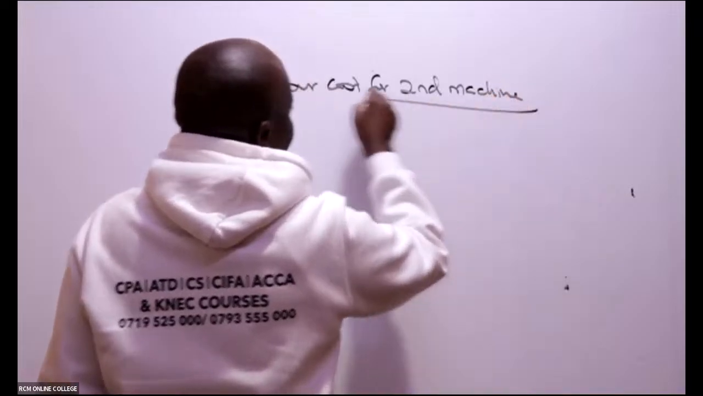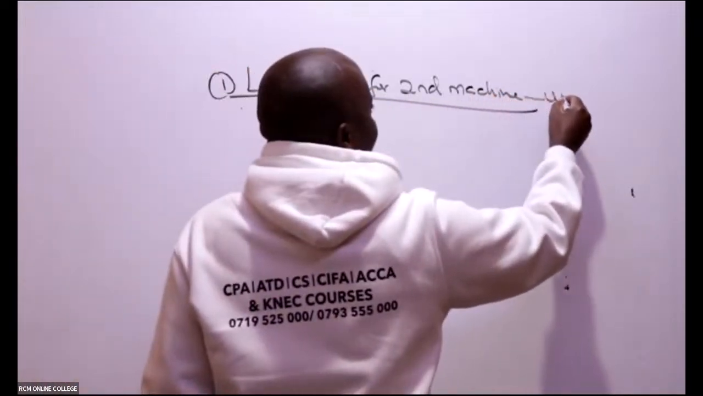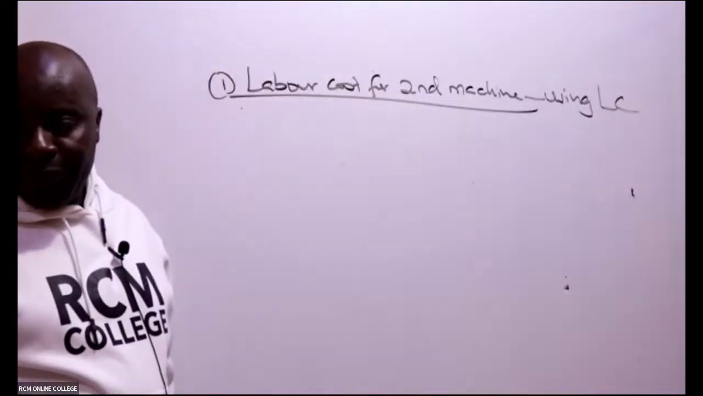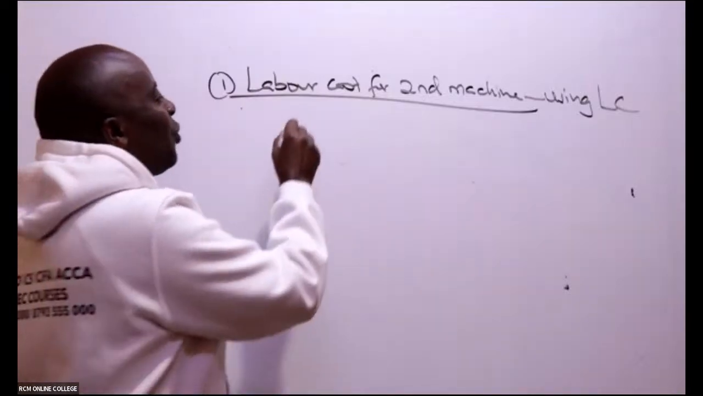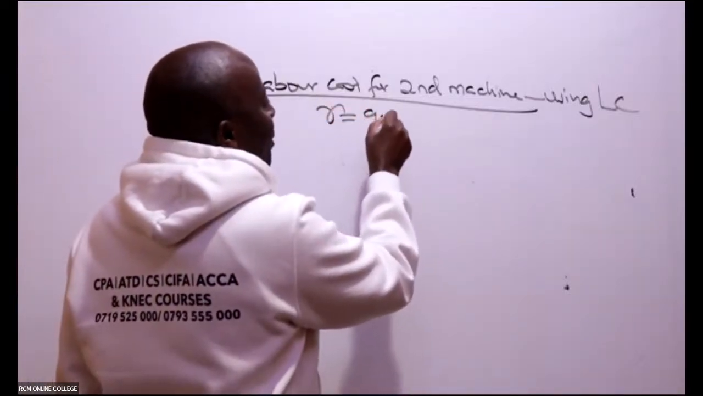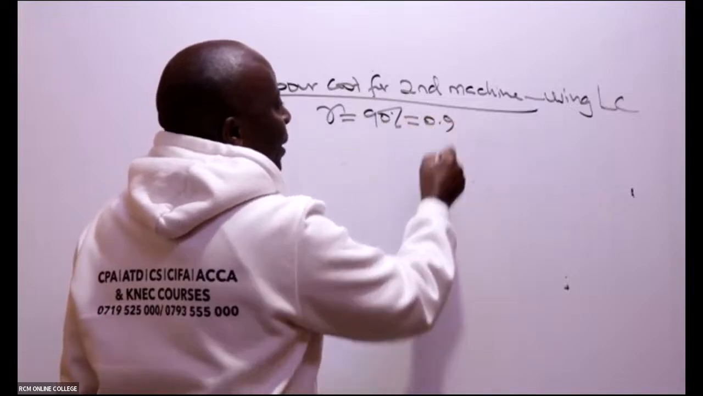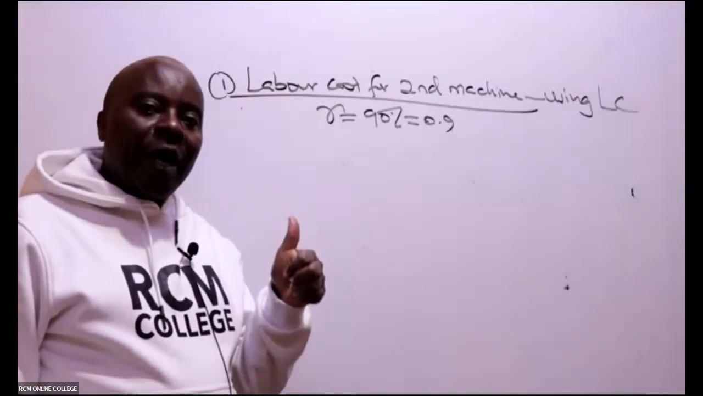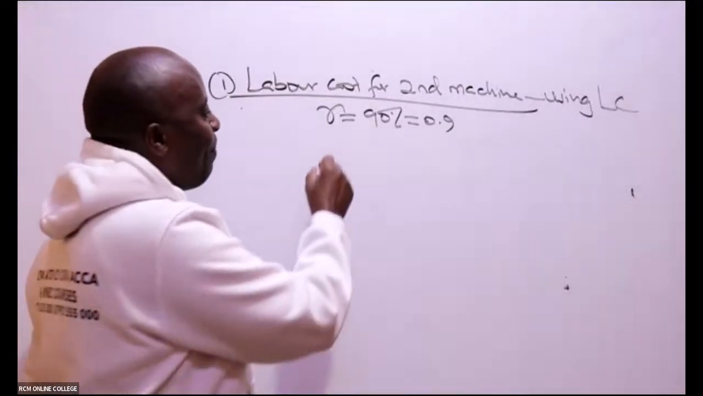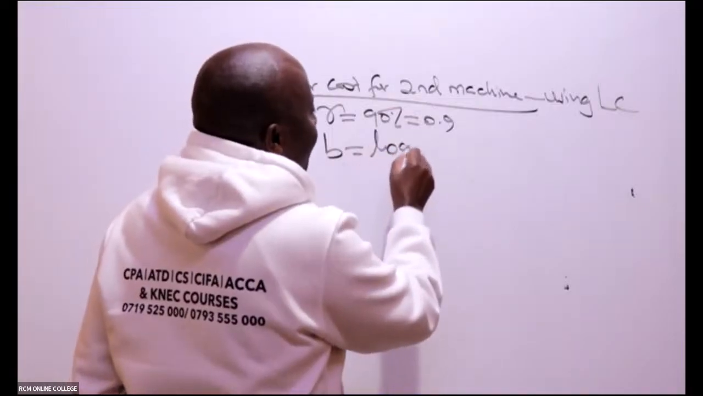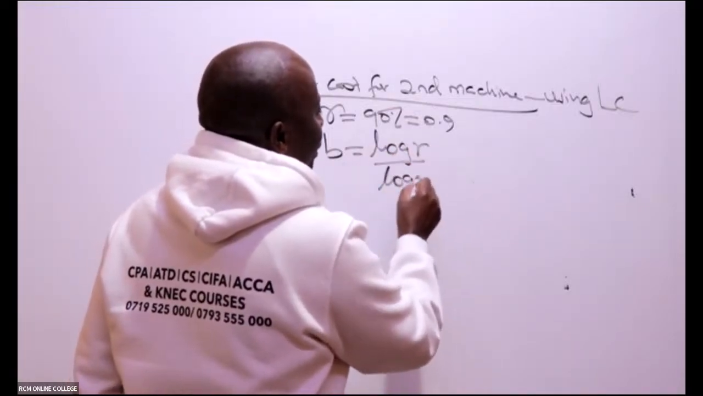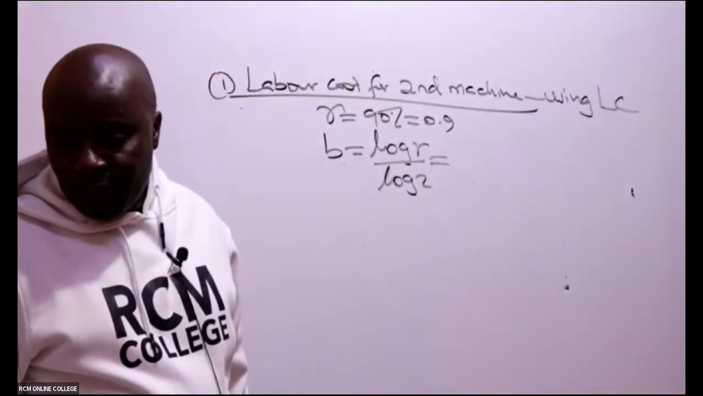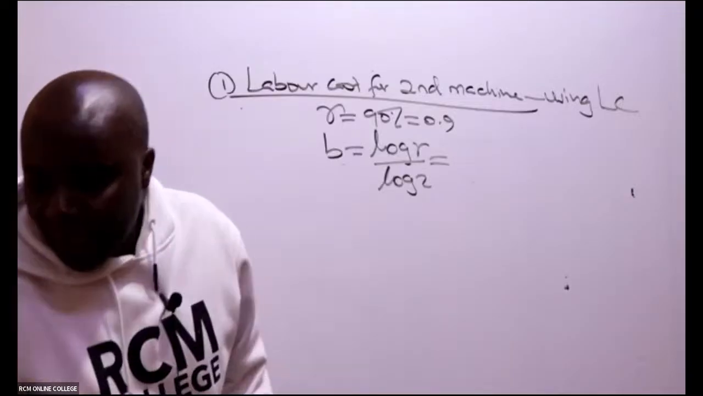That is the most interesting thing, using learning curves. Fortunately, they have told me that the learning rate is 90%. 90% is the same as 0.9. Once I see this R, I shall convert it to B. So my B will be log R over log 2. So in that case, ladies and gentlemen,